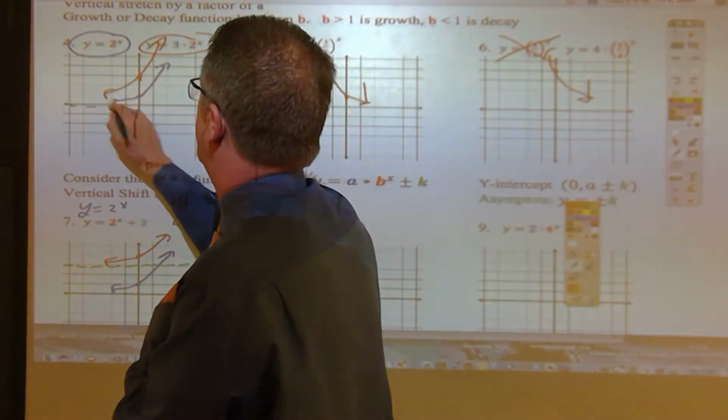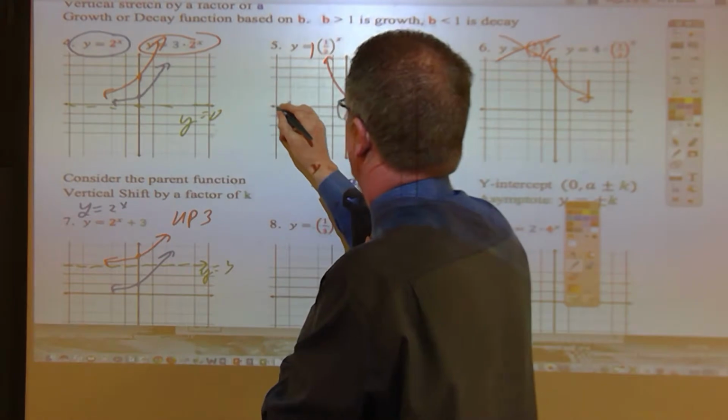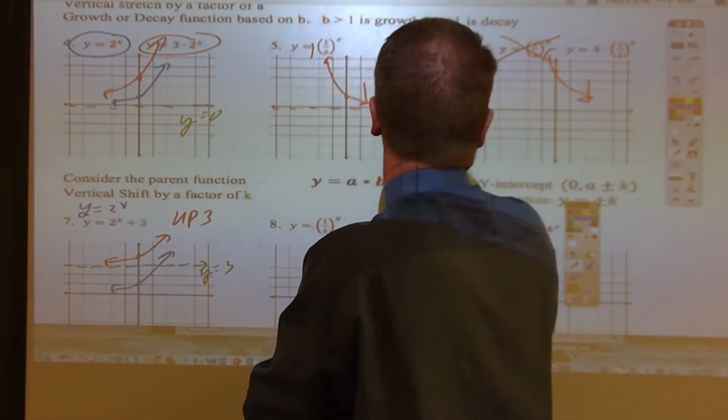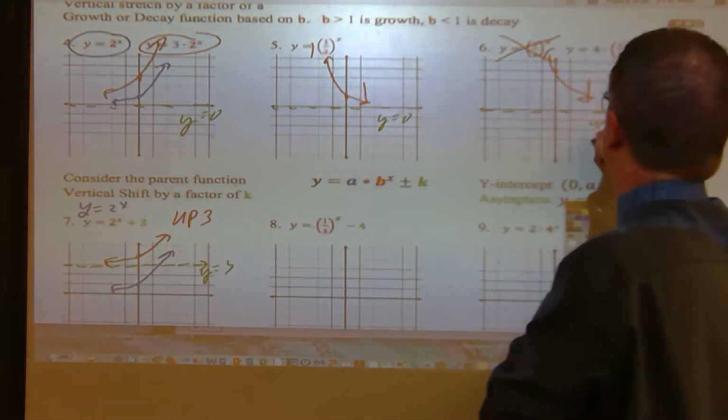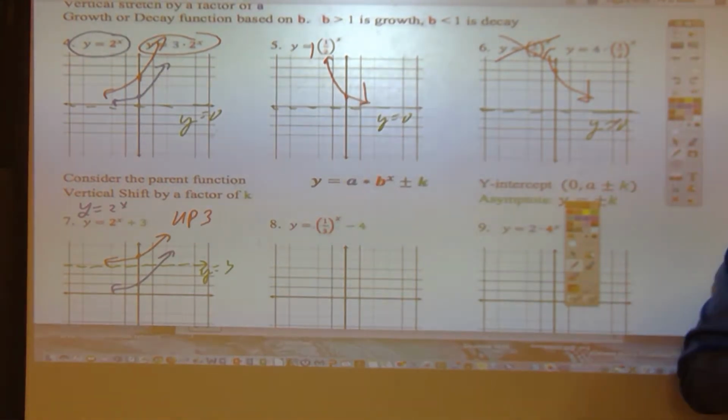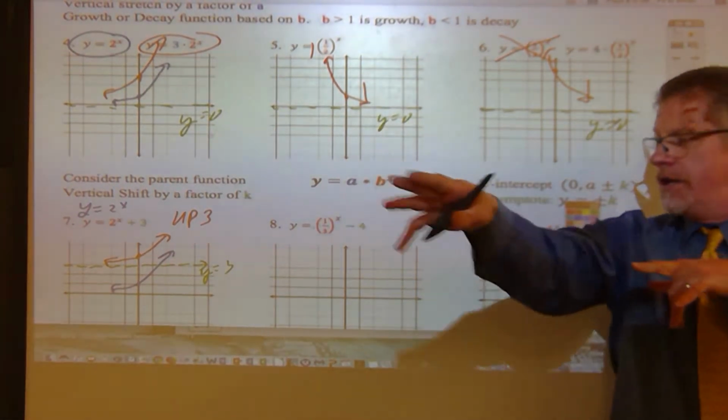which reminds me, I skipped the asymptotes on all the other ones. Better go back and put them in, since everyone is watching. Okay, so y equals 0 is the equation of,